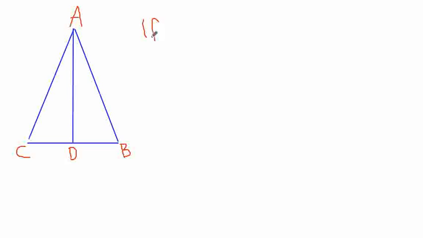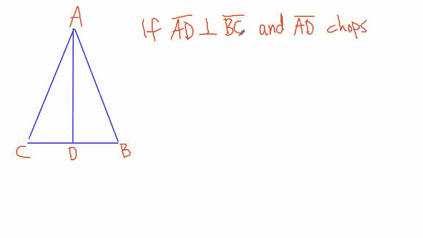If AD is perpendicular to BC, and by the way, that upside down T is the perpendicular symbol, so in other words, it makes a 90-degree angle. And also, we know that AD chops angle CAB in half. So it goes right down the middle. You might say it bisects it. Then, if that's the case,